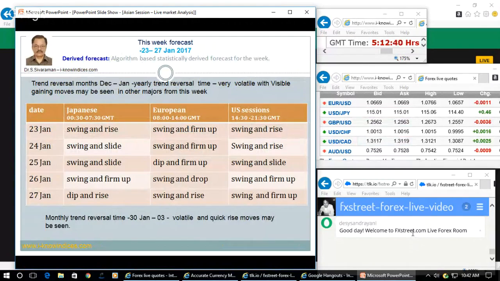So basically, you can understand that the players have got a very systematic type of moves, and we need to recognize it. And they are all weekly moves. So we have to understand the intraday move or session-wise move, and the weekly moves in order to trade effectively during such time frame. So the yearly trend reversal will get over with this today, and later on from next week we'll come across the monthly trend reversal, and the following week we'll come across the trending move in the case of Euro and GBP as well as USD.